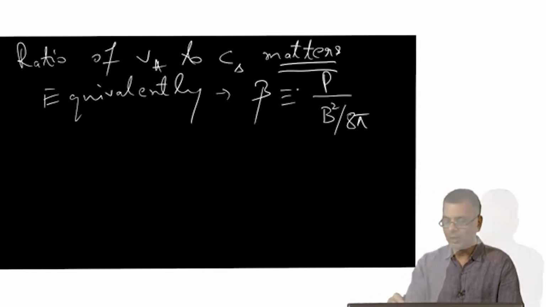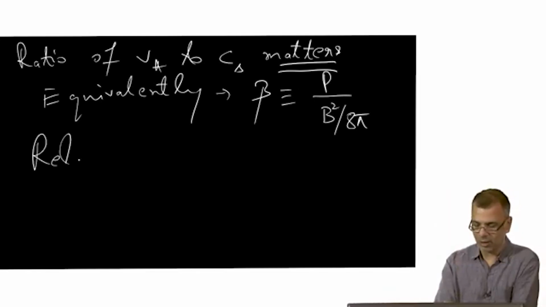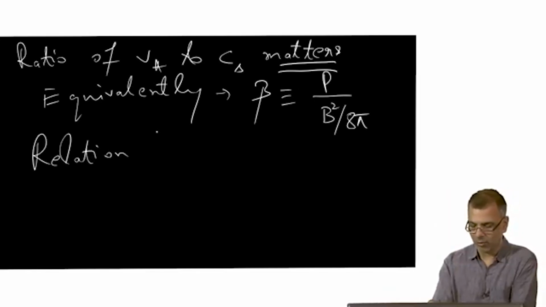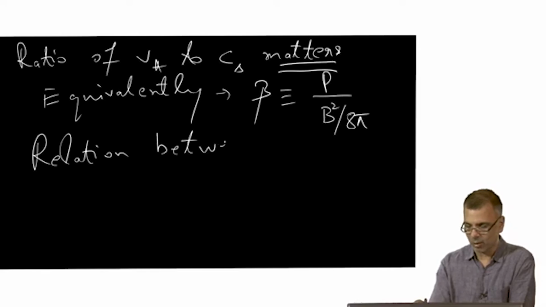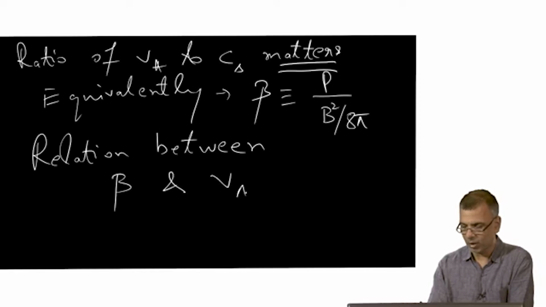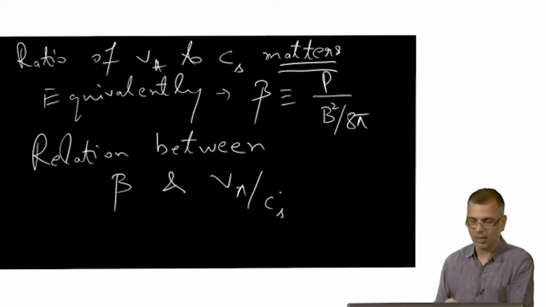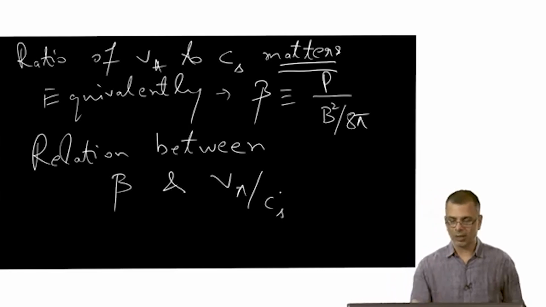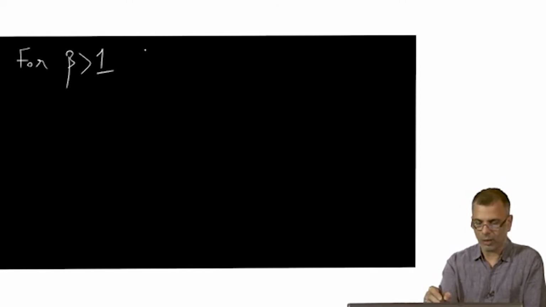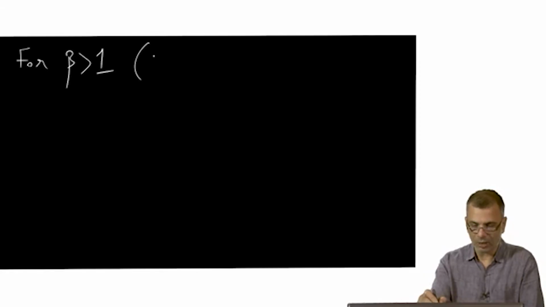And I leave you to figure out the relation between beta and VA over CS. It's quite easy. You can just go from here and figure this out. Anyhow, the deal is for beta greater than 1, in other words, VA over CS